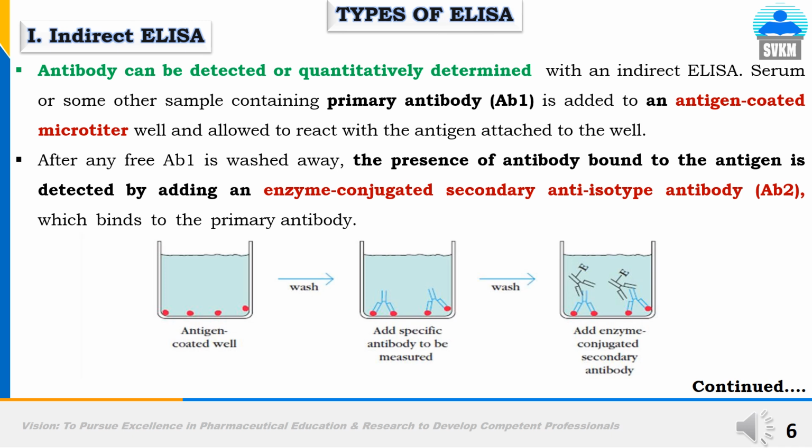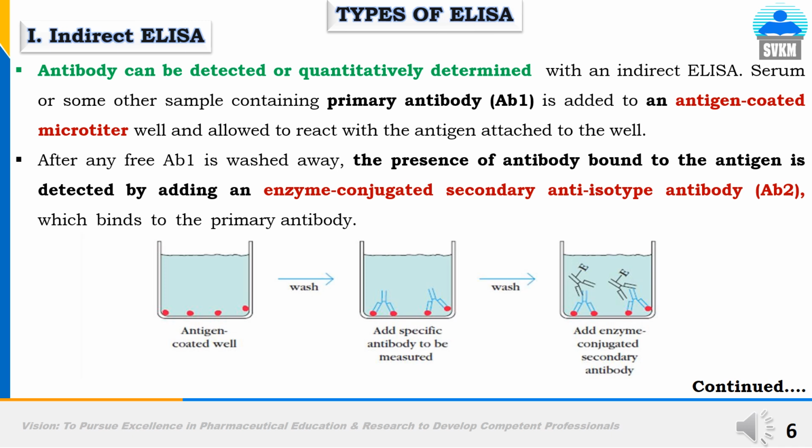In indirect ELISA, we detect and quantify the antibodies which are present in serum or any biological sample against a particular antigen which is considered as a determinant of a particular infectious disease, or this can be a tumor marker which is identical for a particular cancer. So in this technique, wells of the polystyrene plate are coated with antigens and the serum samples or other biological samples containing primary antibodies are added in wells, and these are allowed to react with the antigens. So there will be the formation of antigen antibody complex, and if any free primary antibody is remaining,